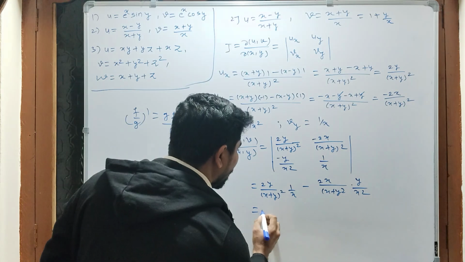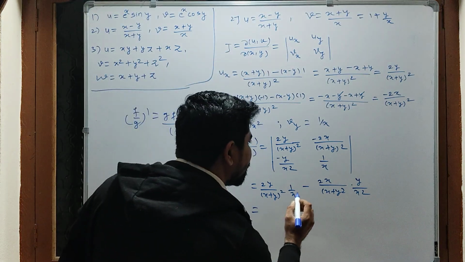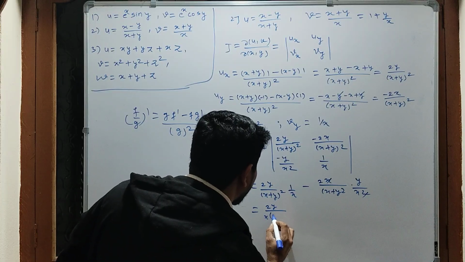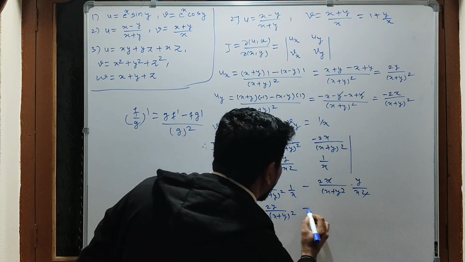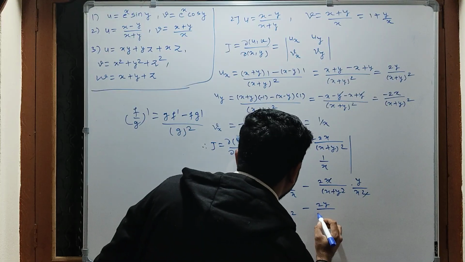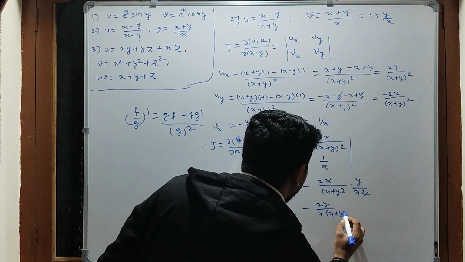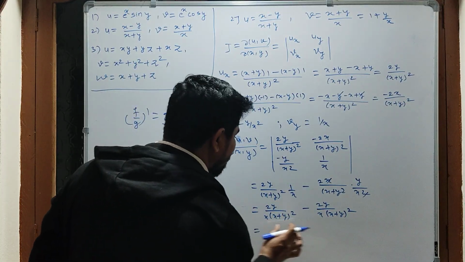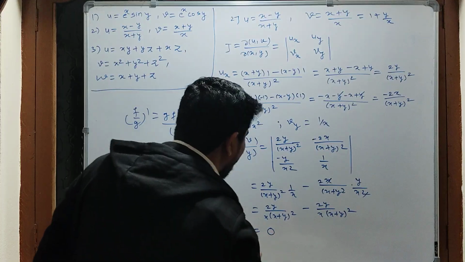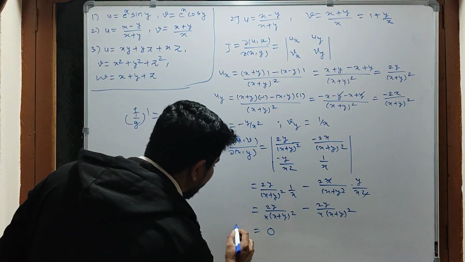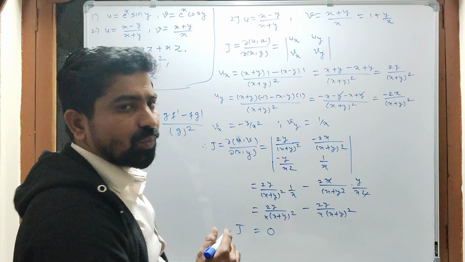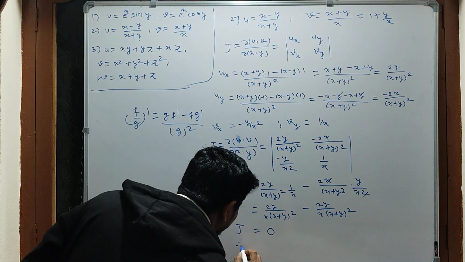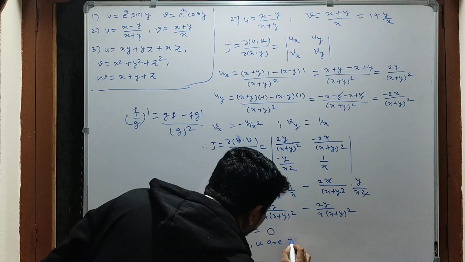Which is equal to, the 1x and 1x get cancelled, 2y by x into x plus y whole square minus 2y by x plus y whole square. This is the same quantity, positive and negative, which is equal to 0. Therefore the Jacobian is 0. This implies that u, v are functionally dependent as a function. Therefore u, v are functionally